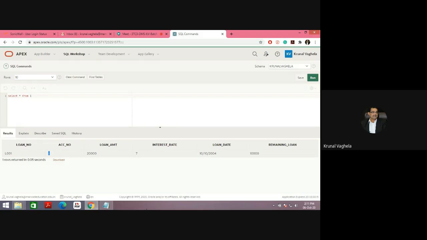So if you want that when you delete from the parent table, the entry in the child table should automatically get deleted, then you can use on delete cascade. And if you want the entry should not be deleted, but it should be set to null, then you can use on delete set null.